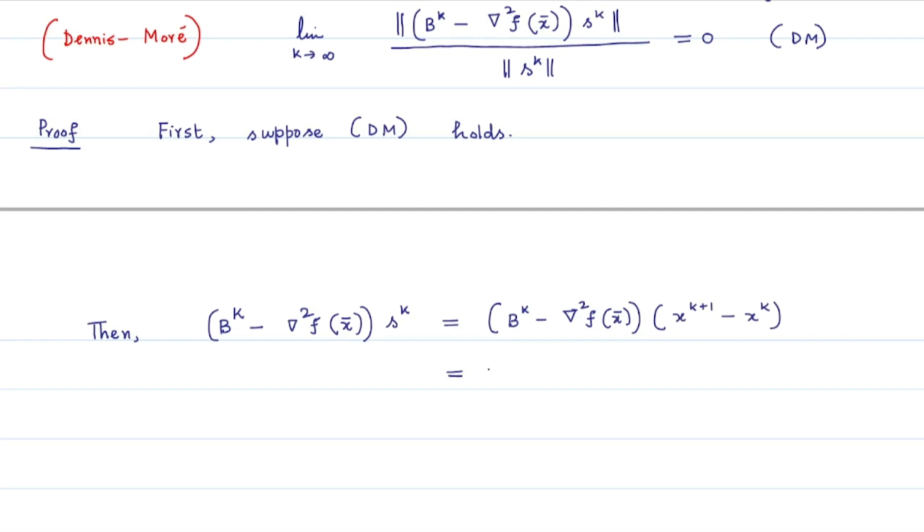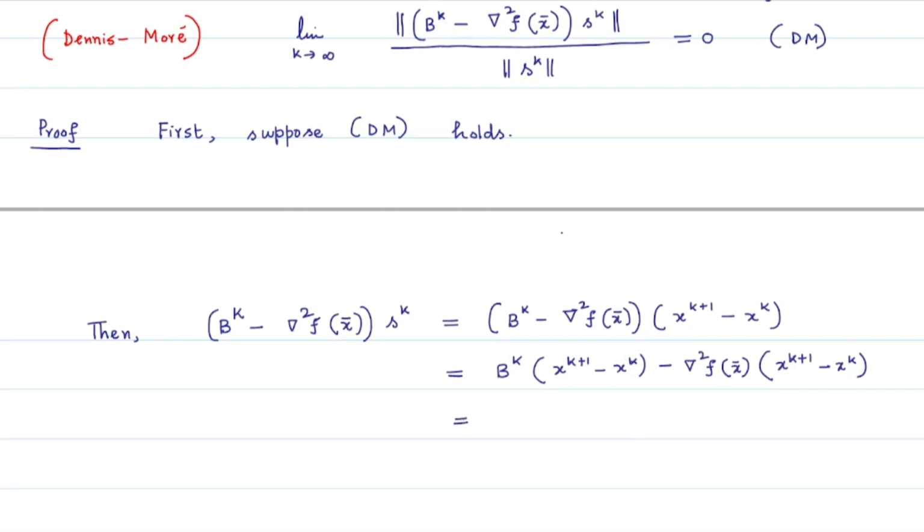Then in the expanded form, it is B_k times (x_{k+1} minus x_k) minus the Hessian at x bar times (x_{k+1} minus x_k),